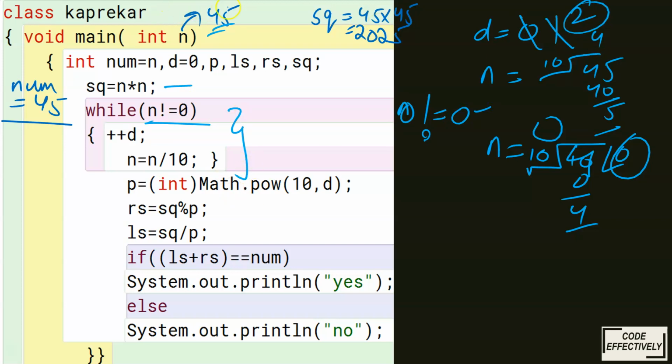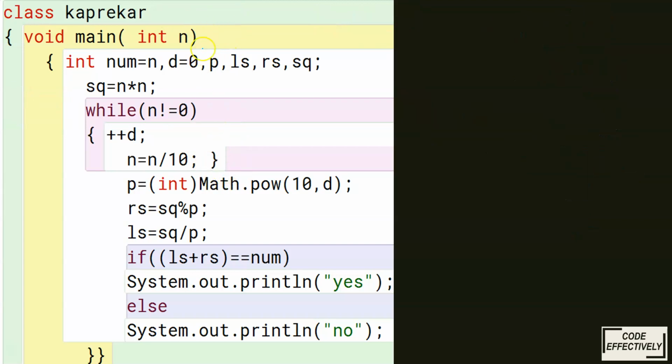So we know that the number of digits was 2. This is quite obvious. Now the number of digits comes out to be 2. Now let me erase this part. Okay, so this was already 45, and num is equal to 45. These are the pretty obvious things that we were doing, and we got d to be 2. And let me write it here again, num is equal to 45, the duplicate.